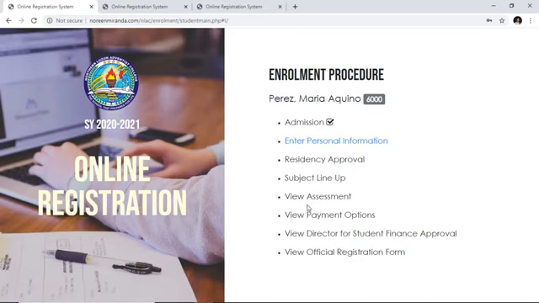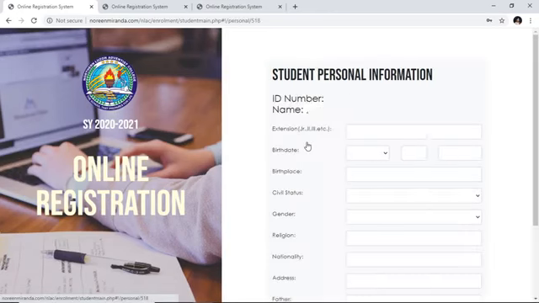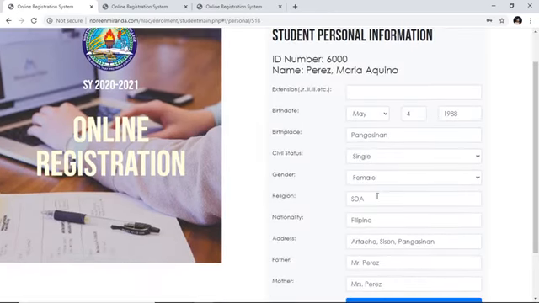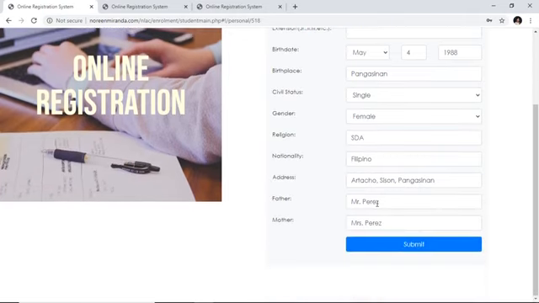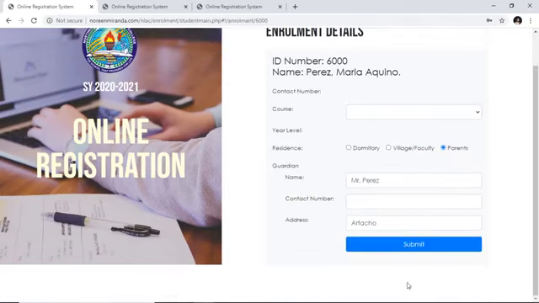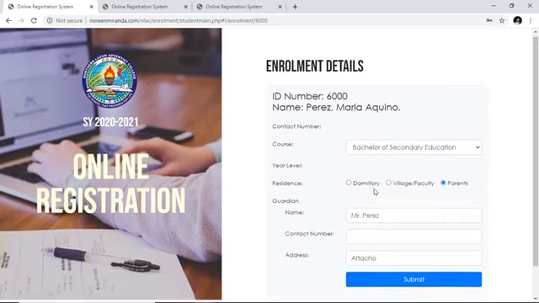Now, let's start from the personal information. So I'm going to enter the personal information. So if you're an old student, basically some information are already there. If you're a new one, it will be blank, and all you have to do is enter the information that is needed. For the old students, you check if there are wrong spelling or wrong information, and then all you have to do is check it. Click submit button, and then after which it will go to this